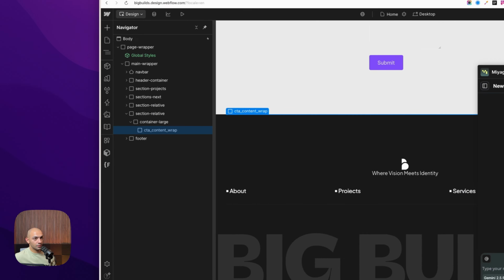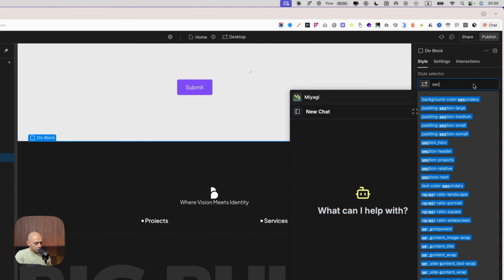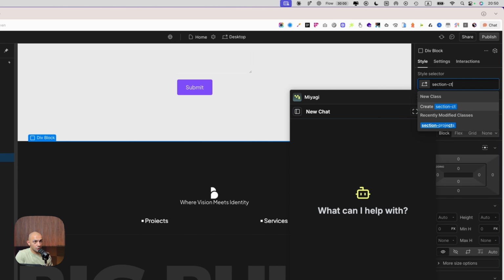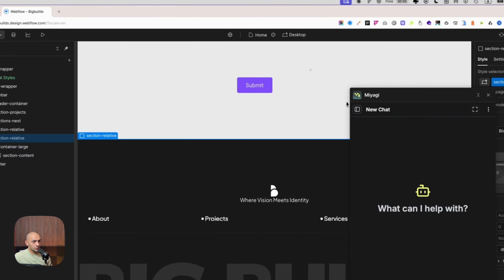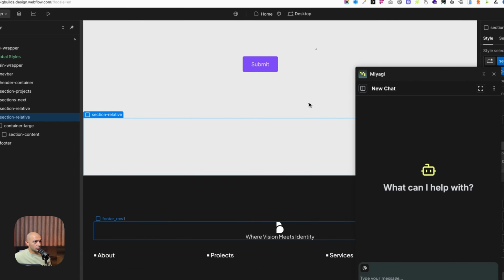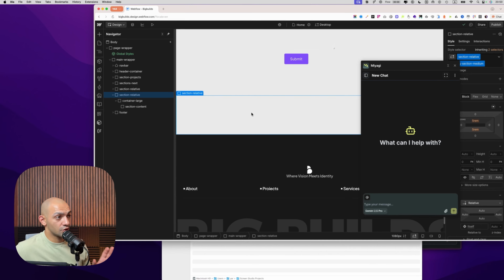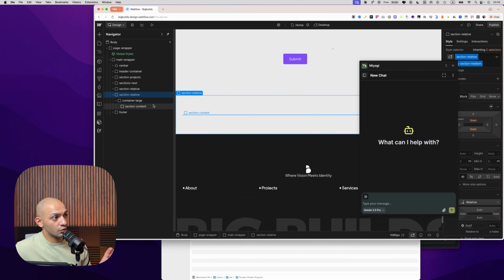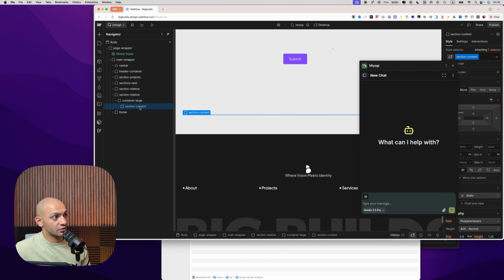We're gonna remove everything from it and call it section content, and container large, section relative, padding section medium, just to give it some padding. Okay, so I prepared this section for this, and now we want to create content from scratch